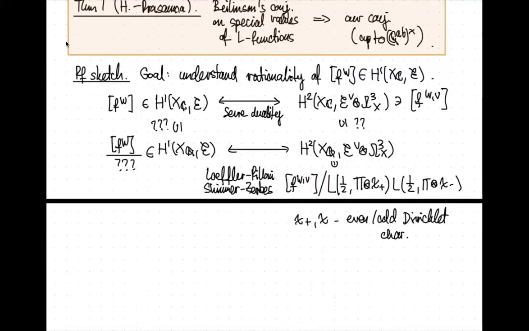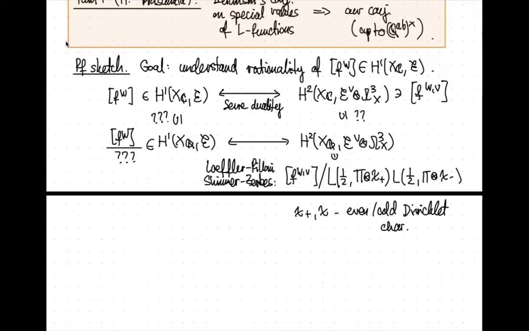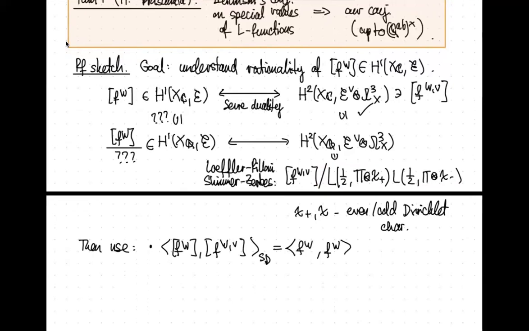Okay. So first of all, there's this result, and in some sense we understand the rationality on this side. Then we want to use the following things. First of all, we should understand the pairing of the two classes if we're going to have a chance at using this. Unfortunately, this is like the Petersson norm of the Whittaker normalized form itself. And there's work of Chen and Ichino. Chen and Ichino gave a very explicit formula relating this to the adjoint L value.